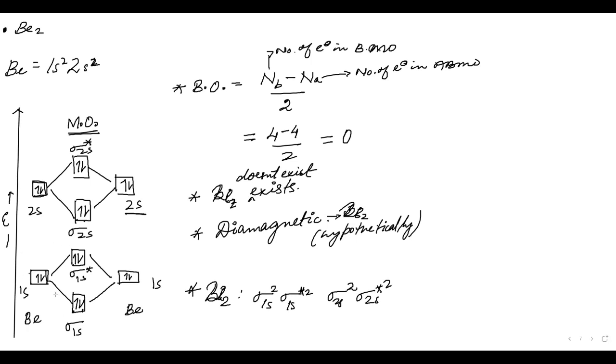We will ignore the 1s. Because what happens in 1s, as you can see here, 1s has very little contribution in bonding, because as soon as we move to the second element, that is helium, we are already filling the whole 1s, sigma 1s and sigma star 1s. So it is not reasonable to write this inner shell electron. We will just deal with the valence shell electrons here. From now on, valence shell electrons. So for valence shell electrons, I should write here.